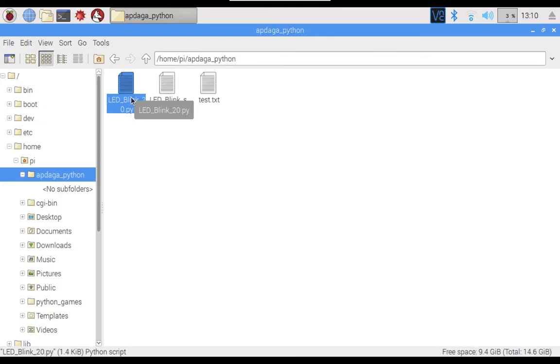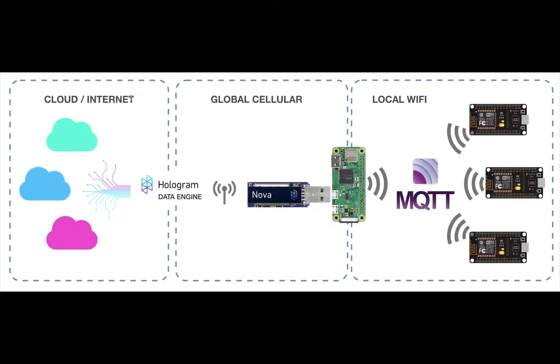I'll write its path in a browser. Whenever I put that link in the browser and hit enter, it gives a command to the Pi 3 to run the script with the name I have given, and whatever output is generated is sent to the browser. In this way we can run any script on Pi 3 from a remote location using a browser.